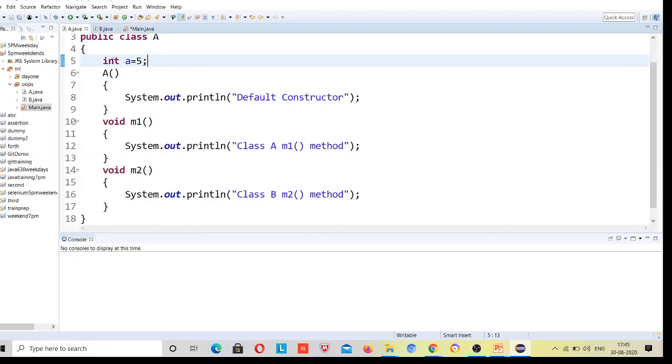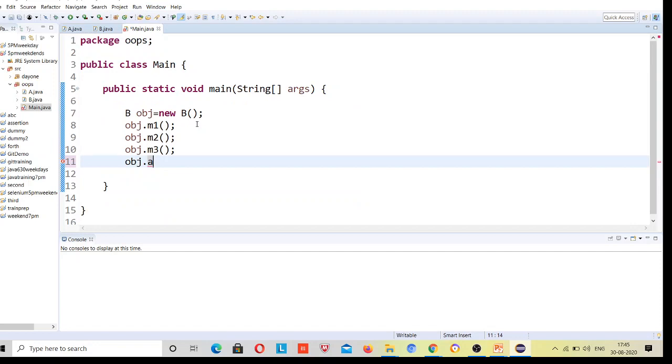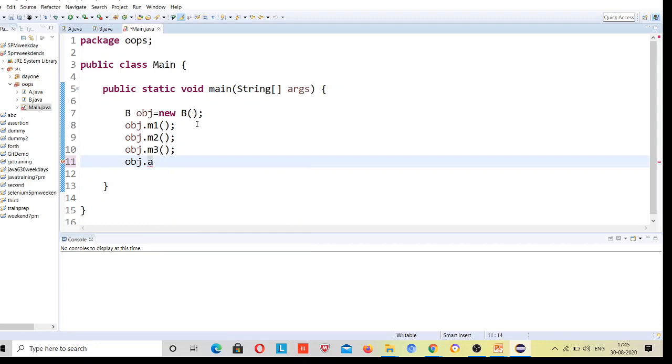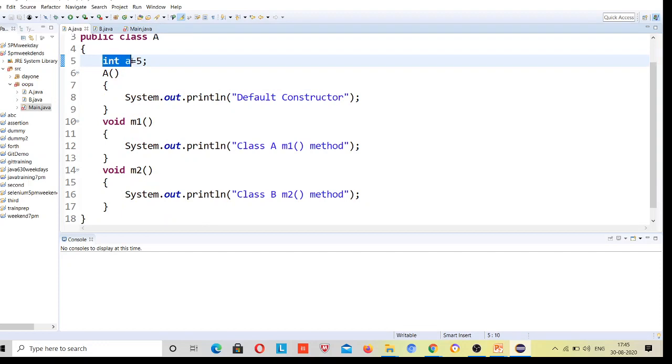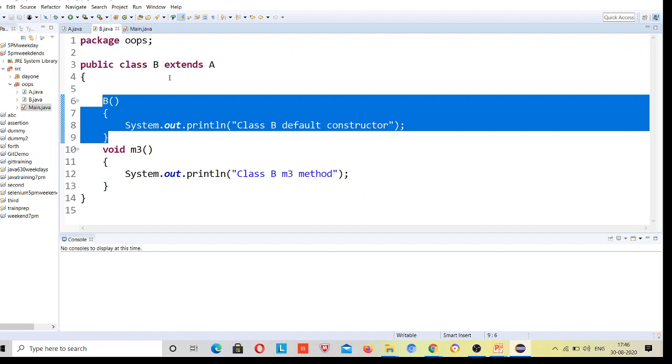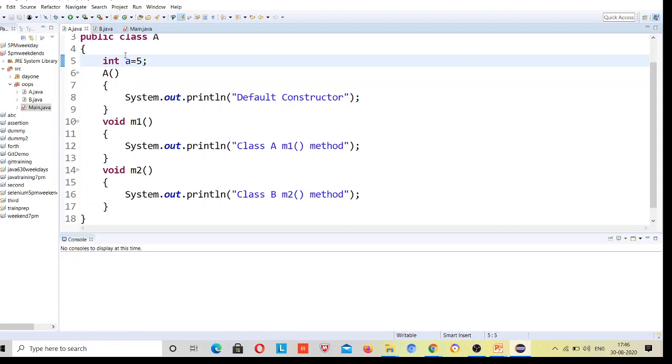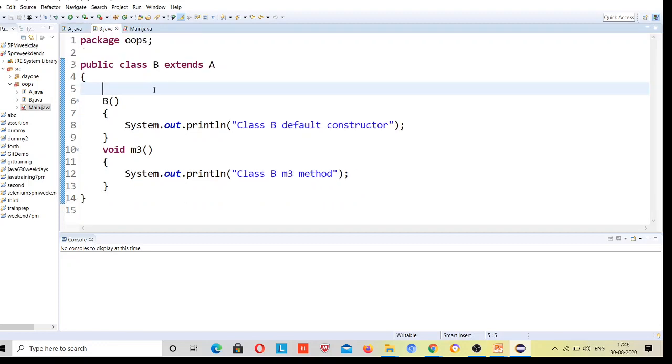What is the variable? What error is it giving? Syntax error, variable declaration, local variable.